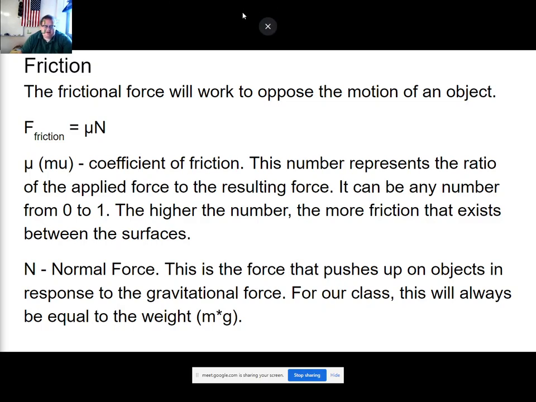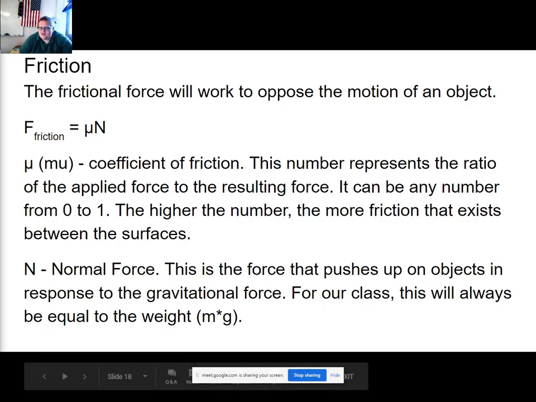All right, so today we're going to talk about a concept that I'm sure you're somewhat familiar with previously, just friction. We know friction is where things kind of rub up against each other, and there is a force that's associated with that. So friction is a force that typically works to oppose the motion of an object. So if an object is rolling around the ground, we know, from Newton's first law, an object in motion stays in motion until acted on by a net force. Well, if we see